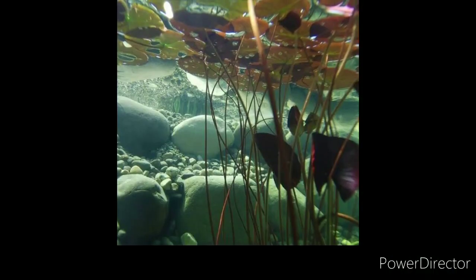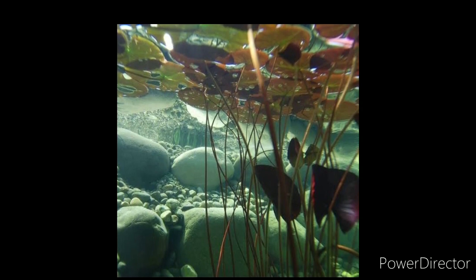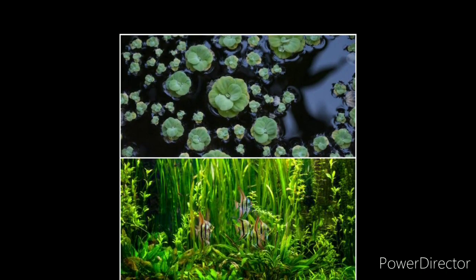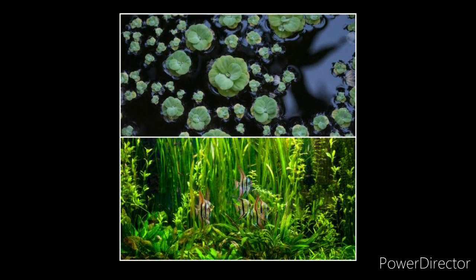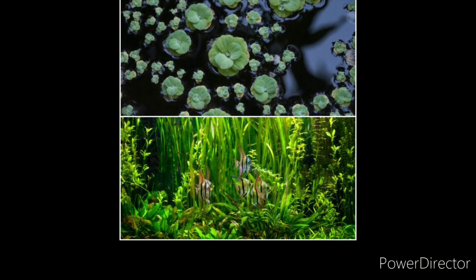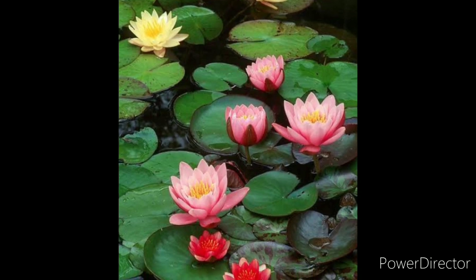The stems of this type of plants are firmly rooted in the soil and are submerged. Submerged means something that is underwater. The aquatic plants may be entirely floating with floating roots while some are submerged in the water. These aquatic plants have soft and flexible stems and petioles. The leaves and flowers float on water. Some plants have thin ribbon-shaped slender leaves. Now this adaptation has taken place so that the plants can withstand the current of water.